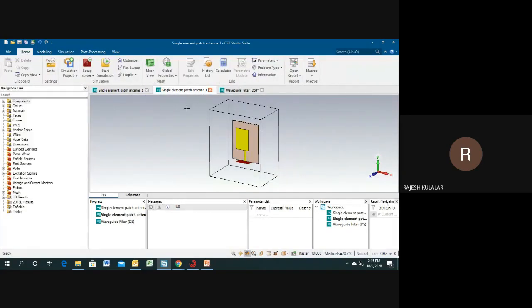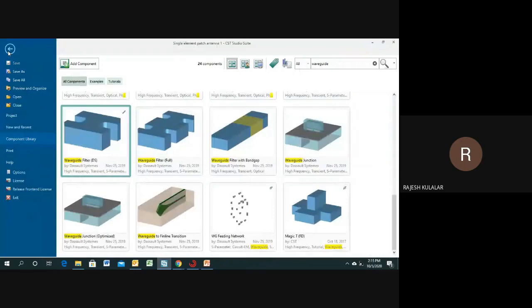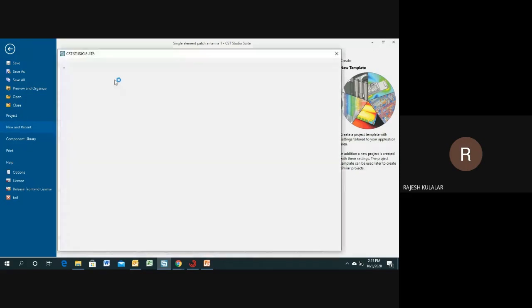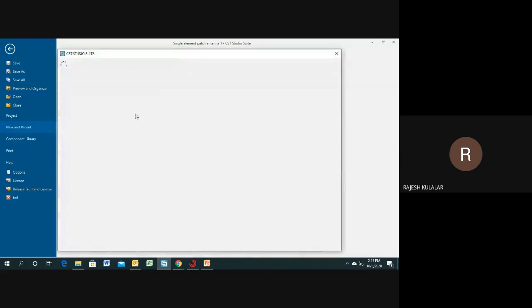So first I will design a single element patch antenna. After that we will perform some array tasks, and then verify that result in a real scenario in array form. First I will design a simple patch antenna for sub 6 gigahertz. So it will be about 3.4 gigahertz.